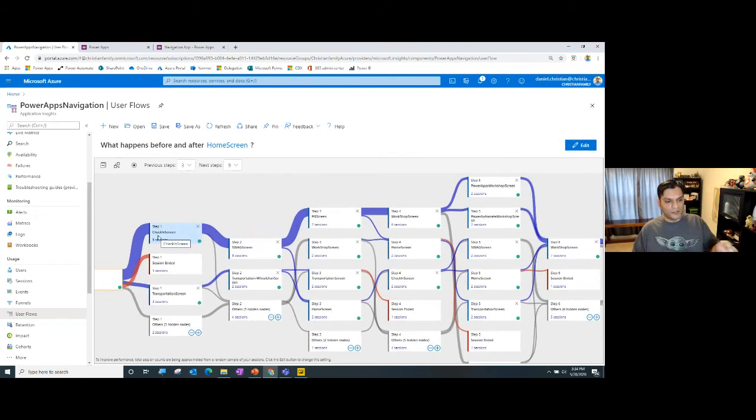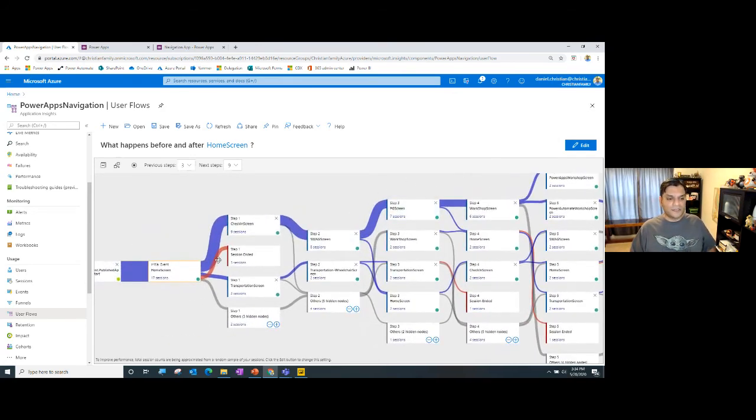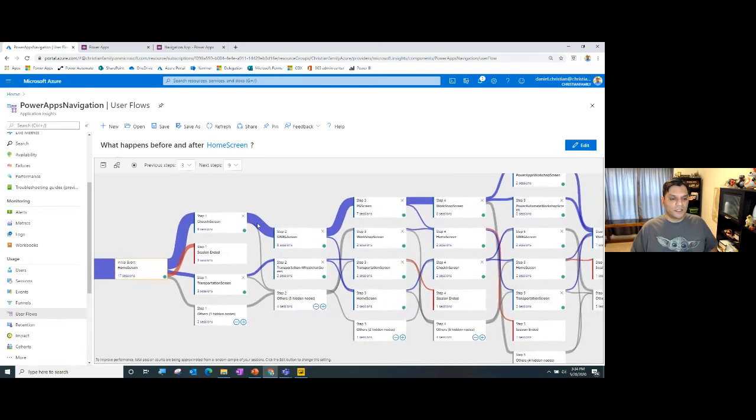The step number 1 is they go to the check-in screen. Then the step number 2, they go to the swag screen, product group screen, workshop screen over there. Then they go to the workshop screen. Other things that it's showing is every once in a while, there are situations where people are coming in and ending it. There are situations where people come into the check-in screen and then straight away jump to something else. There are instances where most of the people who came in came to the home screen, but then they jumped straight to the transportation screen, and then from the transportation screen they went somewhere else. So it shows you this mix and match of how people are navigating.